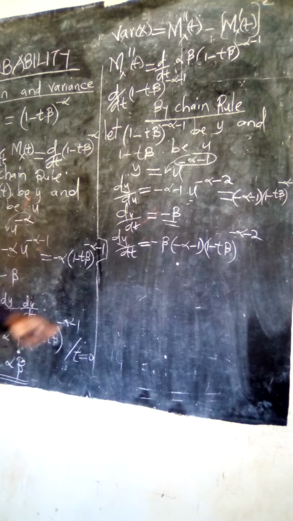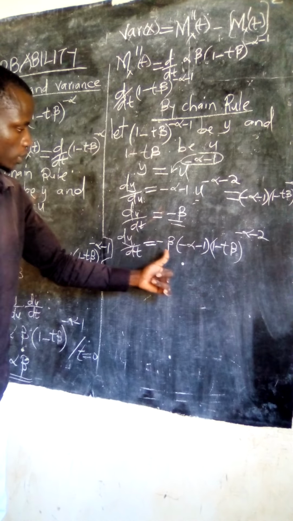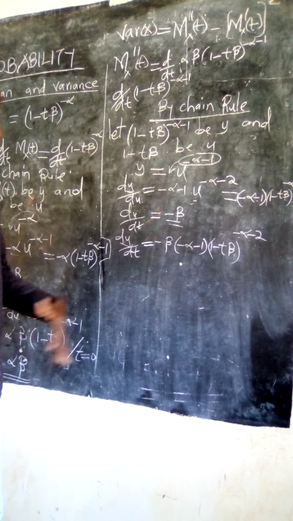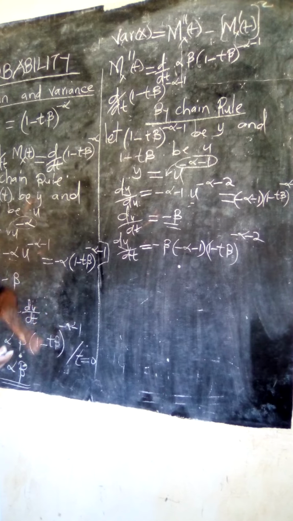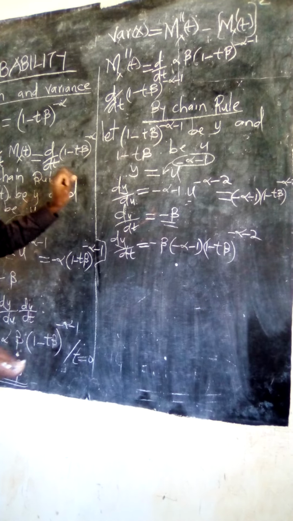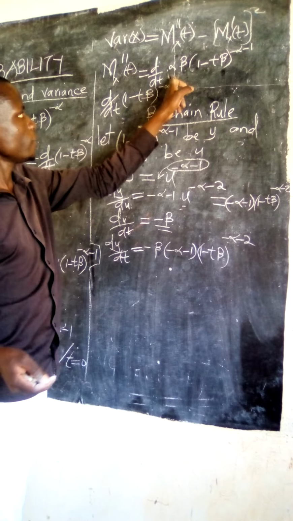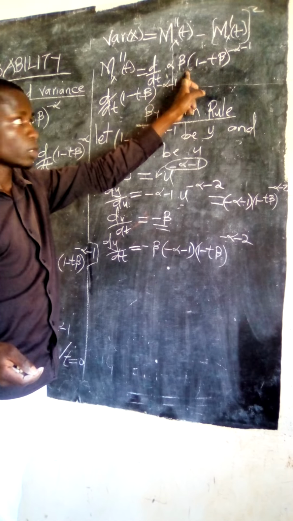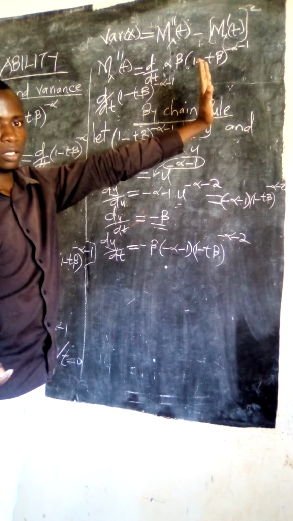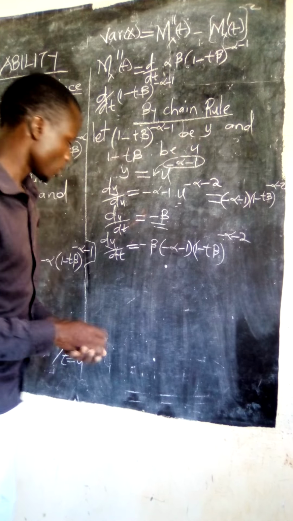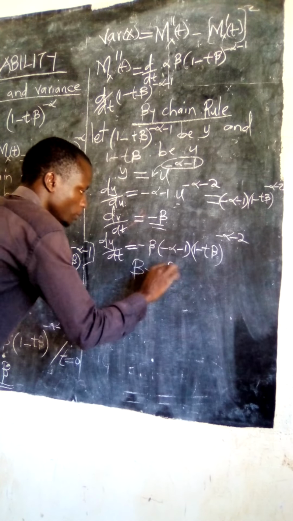Now after that, so far so good, you can solve this bracket here, or you can as well even leave it the way it is. You can solve it or you can leave it. Now, remember, that was this first part, and therefore now I can use the product rule to finalize the second derivative. Therefore, I'll come up and say that by product rule,